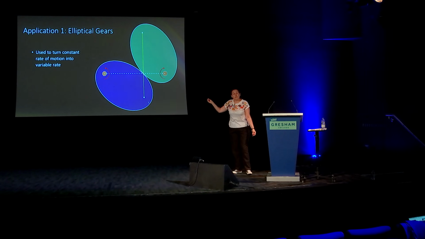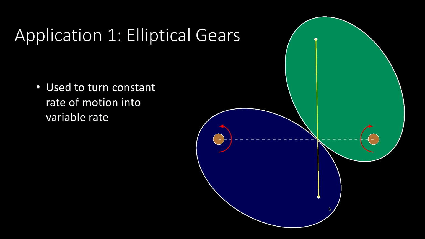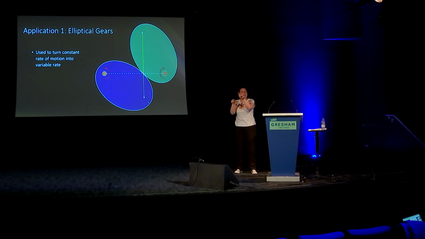So, first application of ellipses is in gear systems. Now, usually when you have a system of gears, they are usually circular. So you might have an input gear that's, say, a circle of some size, of some radius, and then it'll have an output gear or a series of gears. And you usually would turn the input gear at a constant rate, and that would transfer to the next gear along, which will then start turning at a constant rate too. It'll not necessarily be the same constant rate, because if the gears are different sizes, that will affect the speed